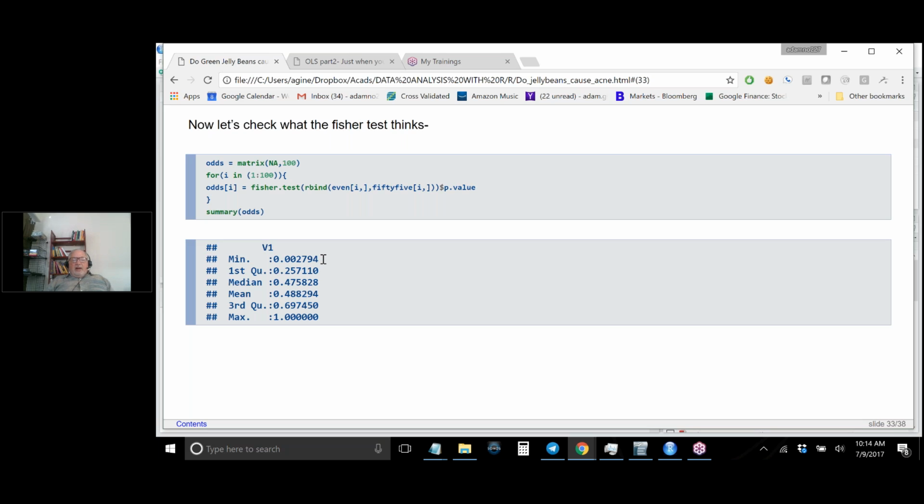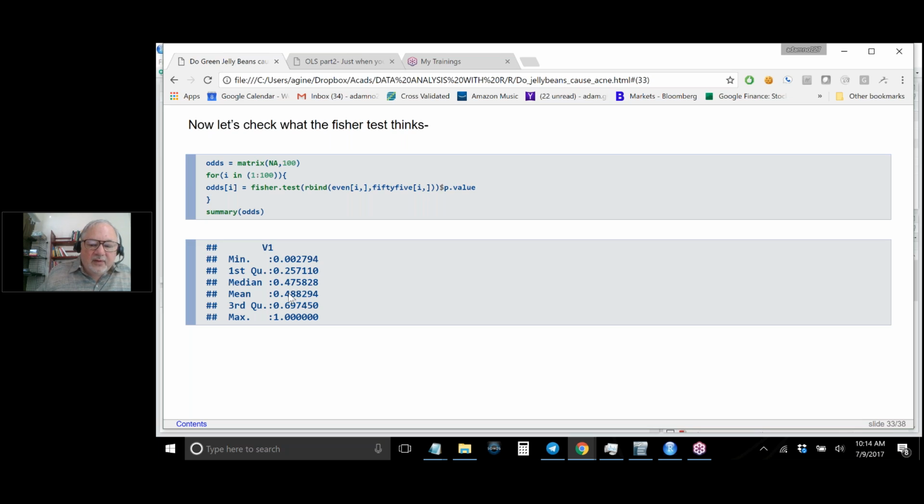So we know, in fact, that all 100 samples were drawn from the same things. In fact, they're not fair, and we get answers all over the place. And in fact, we know in reality it should fail. Not that it should fail or pass the Fisher test, but we know, in fact, that the tables were drawn from populations with different means, right? And by the way, the mean value is 0.48, which is significantly larger